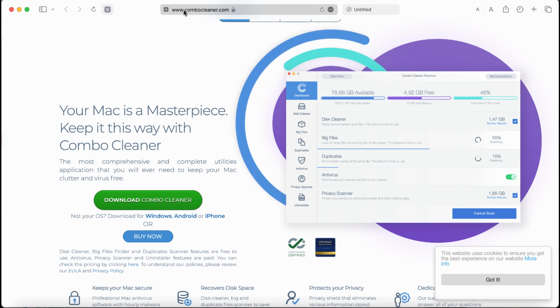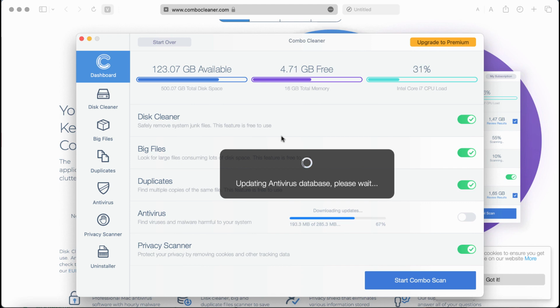I recommend you to use Combo Cleaner antivirus for this purpose. Go to the website combocleaner.com, use the green download Combo Cleaner button. The software is available for all popular operating systems, by the way. So download the application, install it, and start carefully examining your computer with its help to detect and remove other